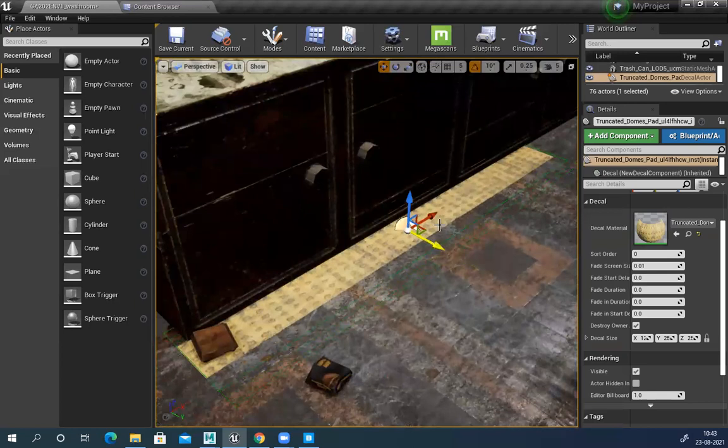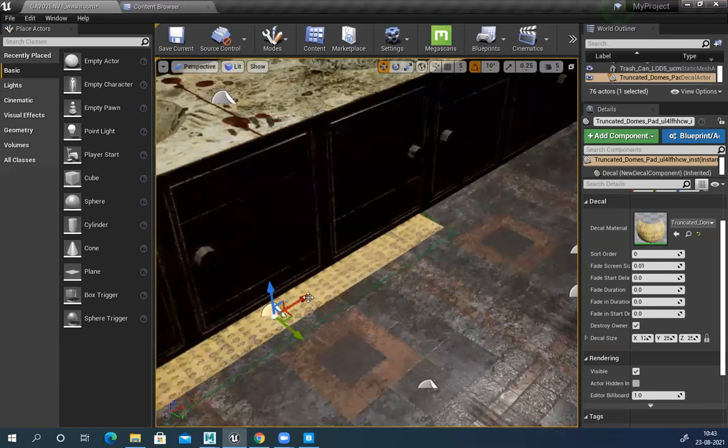Usually in water areas, we have this kind of surface just to get a better grip.